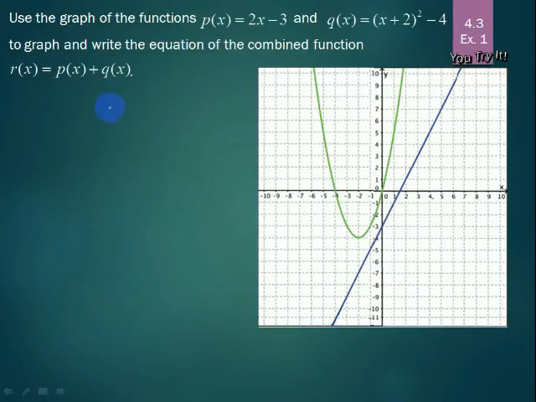Use the graph of the functions p of x equals 2x minus 3 and q of x equals (x plus 2) squared minus 4 to graph and write the equation as a combined function r of x equals p of x plus q of x. Okay, so we have our graphs here, and we can find the different values of these and then add them